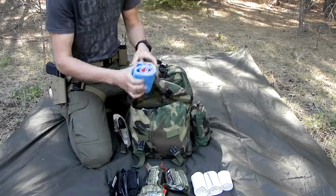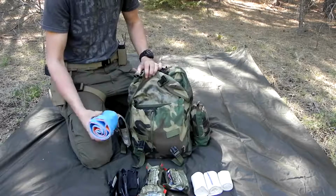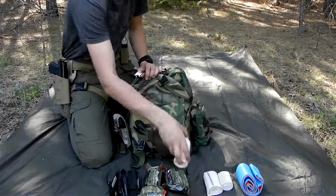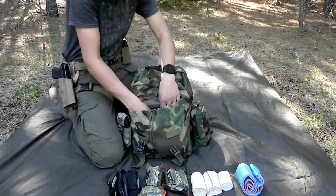And then I carry a splint. I need to get a green one. It's orange and blue. It kind of stands out, and then that kind of goes with these wraps as well, for wrapping that to an extremity, whatever it happens to be. And then I have